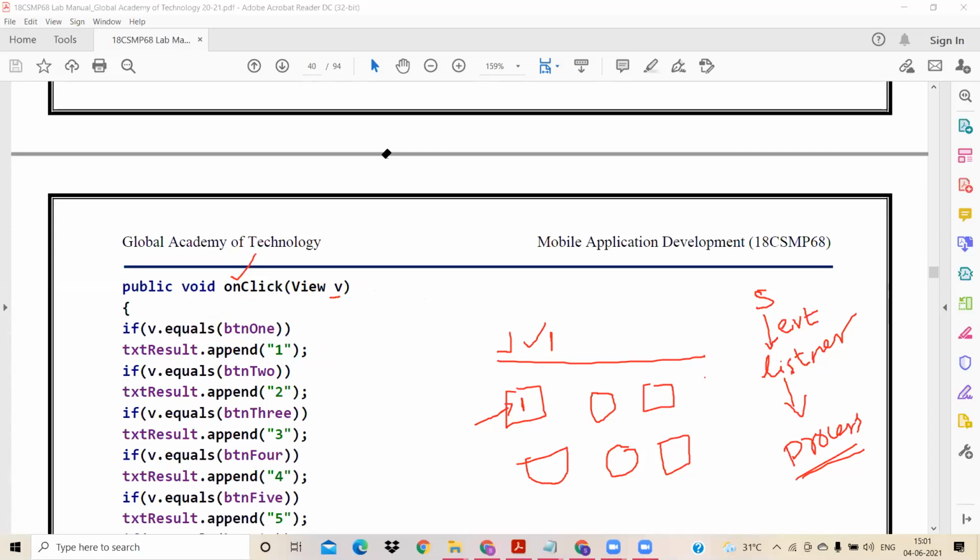See why I'm checking here v dot equals button 1, because I have several buttons: 1, 2, 3, 4. How do I know which button the user has clicked? I have several buttons, so in order to identify that, I've used v dot equals. I'm checking which button the user has clicked. If the user has clicked button 1, in other words, if button 1 has generated an event,